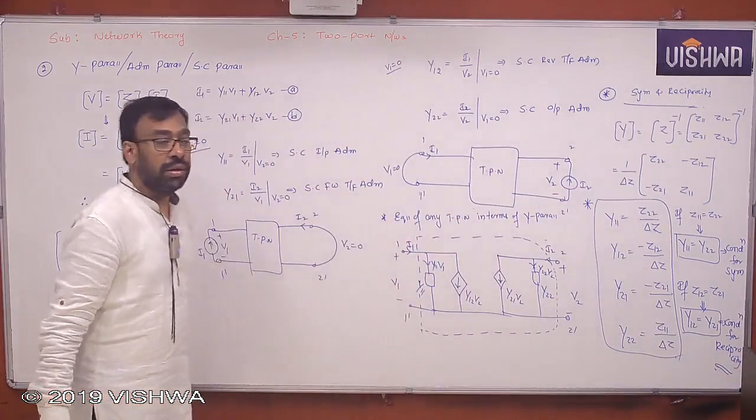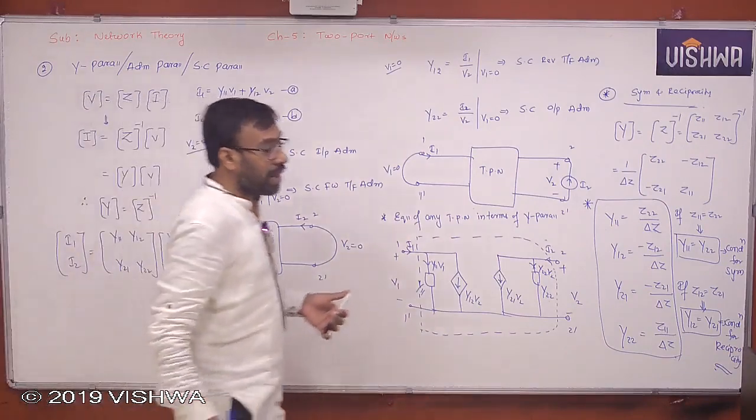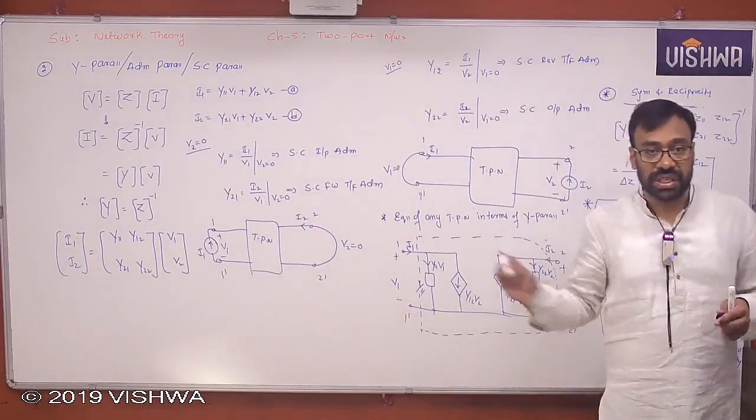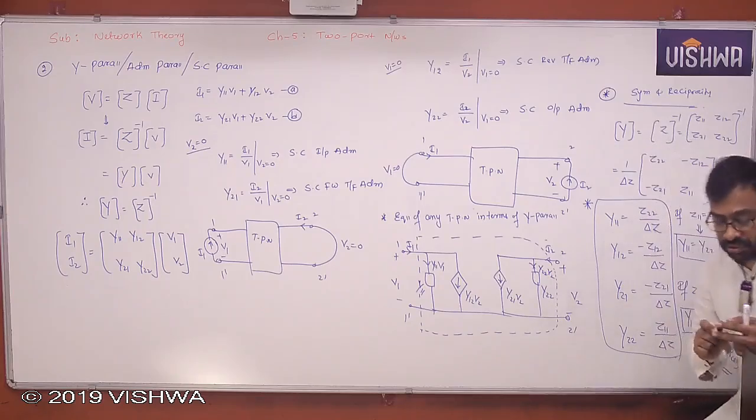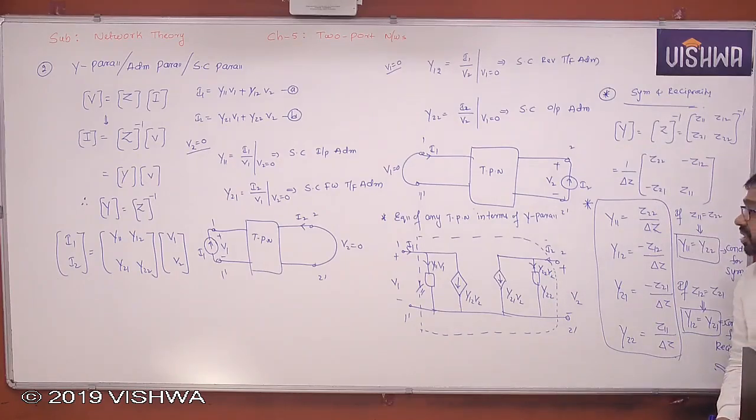Do all of you understand? Okay. So this is how we can define Y parameters and the conditions for symmetry and reciprocity. Please quickly note down. Okay. So we stop the session here, and in the next session we will